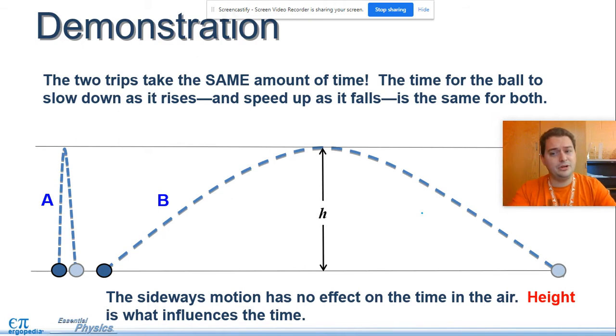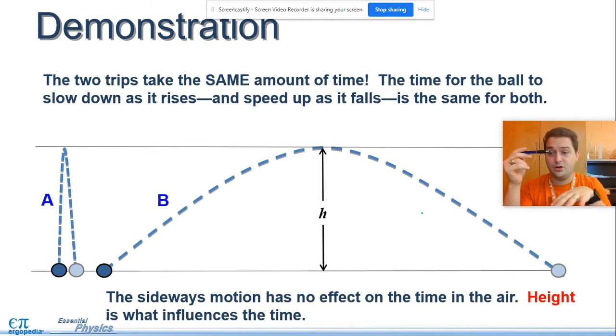And since both are only being affected by gravity, they go up and down in the same amount of time. The height is what influences the time. How high you threw it influences how long it's in the air. Okay? If you throw a ball 2 feet in the air, it does not matter if you throw that ball